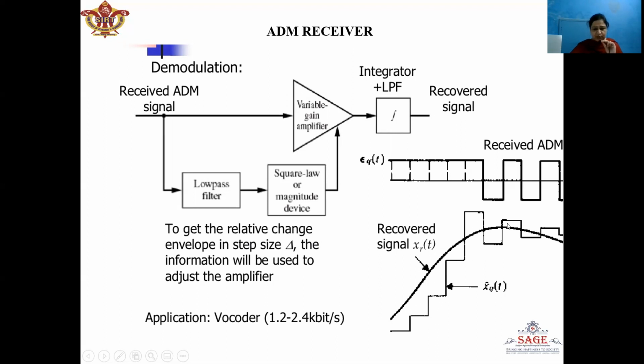Here, the step size is being varied according to the message signal, because the message signal has generated the ADM signal, in which the ADM signal is generating either a series of ones, or we have alternating 0 or 1, which depends on the magnitude of the input signal. Now, when this approximated signal XQT is given to the low pass filter, it will remove the effect of the noise, and the recovered signal will be similar to the message signal, which is being shown here.